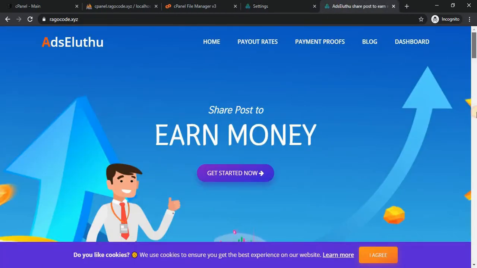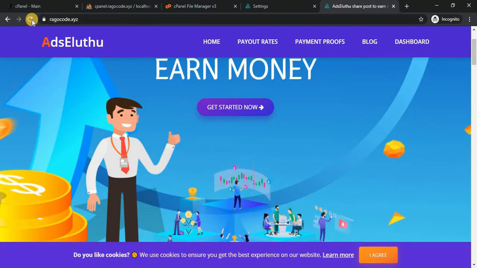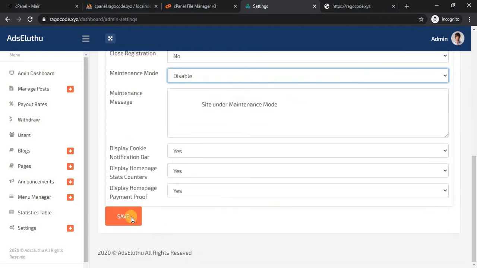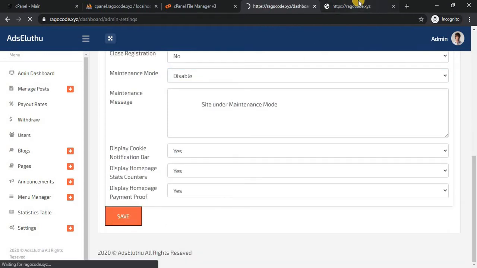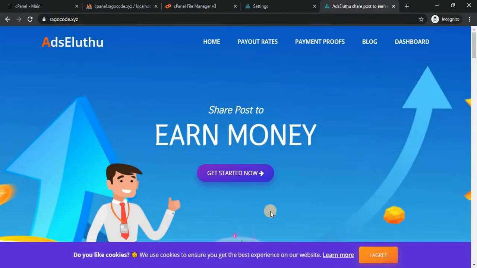You can see the home page. Now I'm changing the maintenance mode, and then I just click refresh. It's all blank, and only the maintenance mode message you set is displayed. Now I disabled it, and I refresh again, and it's all back to normal.